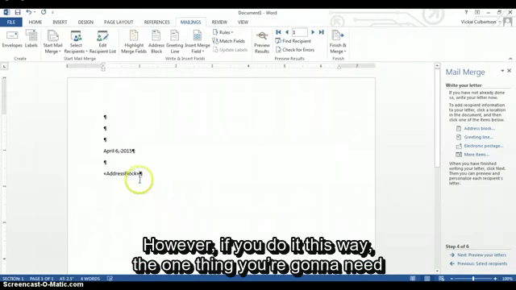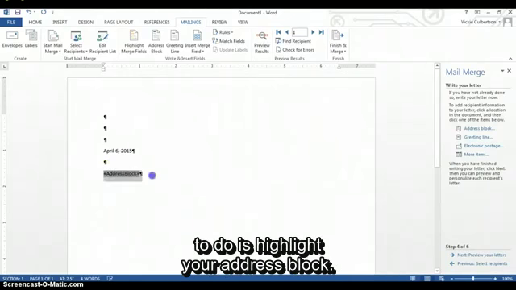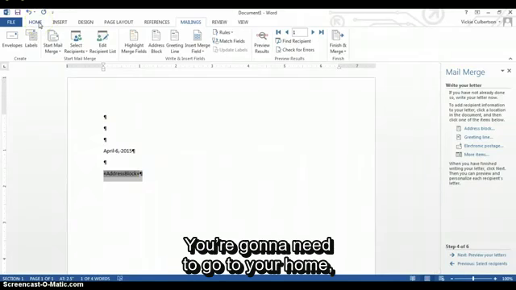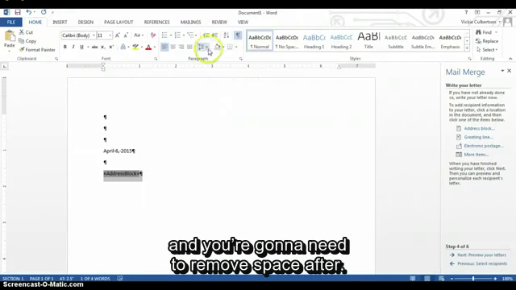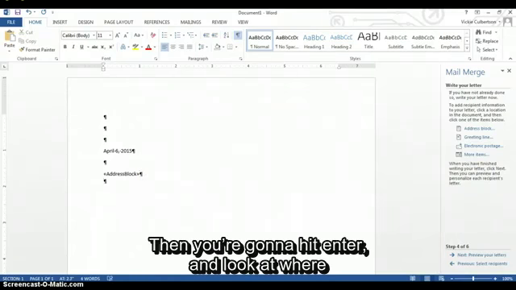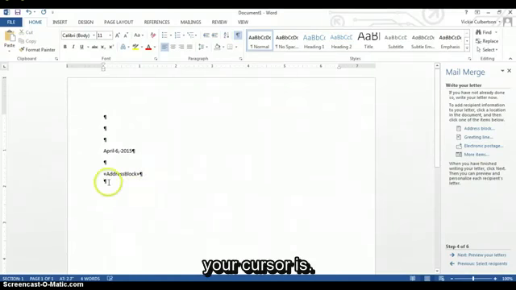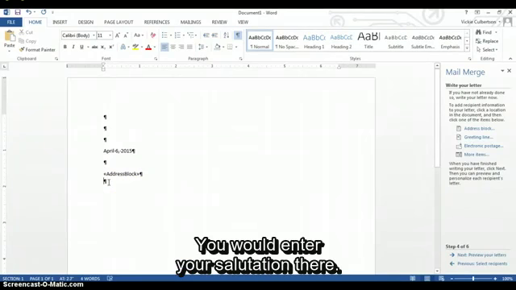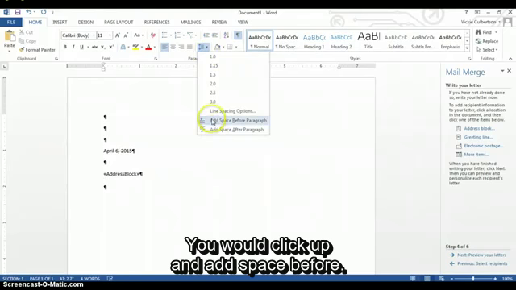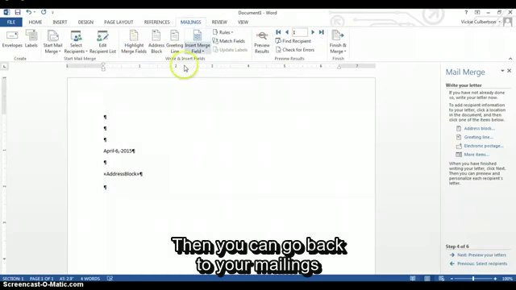However, if you do it this way, the one thing you're going to need to do is highlight your address block. You're going to need to go to your Home tab and remove space after. Then you're going to hit Enter and look at where your cursor is. You would enter your salutation there. You would click up and add space before. Then you can go back to your mailings,